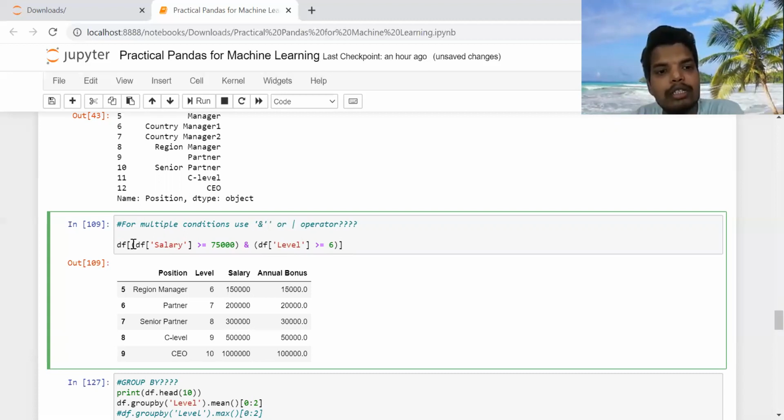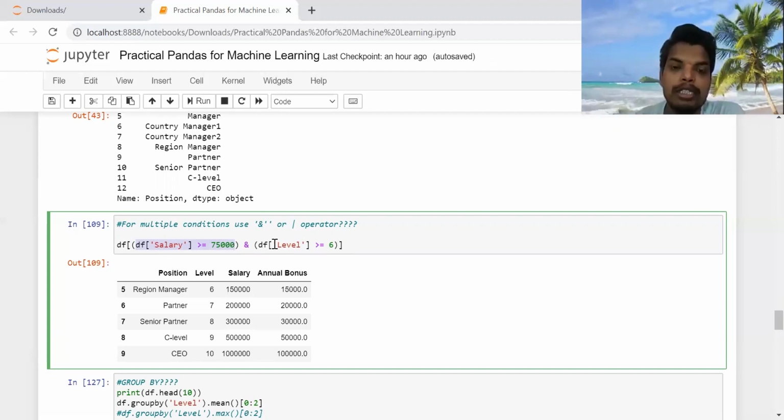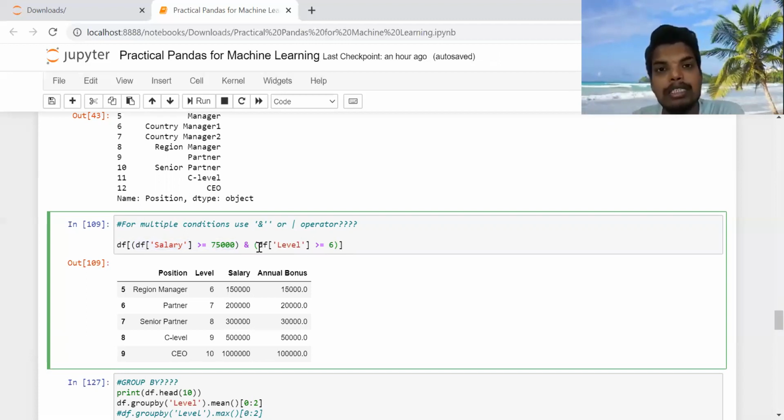Here the first condition, in the first parenthesis, is that salary is greater than or equal to 75,000, and I have also explicitly mentioned level, where it checks that level is also greater than or equal to 6. So this is our second condition. You should put both conditions inside two separate parentheses, and between them you keep the AND operator or OR operator.